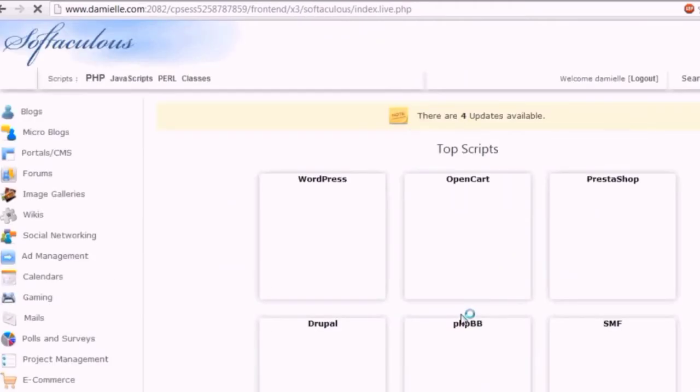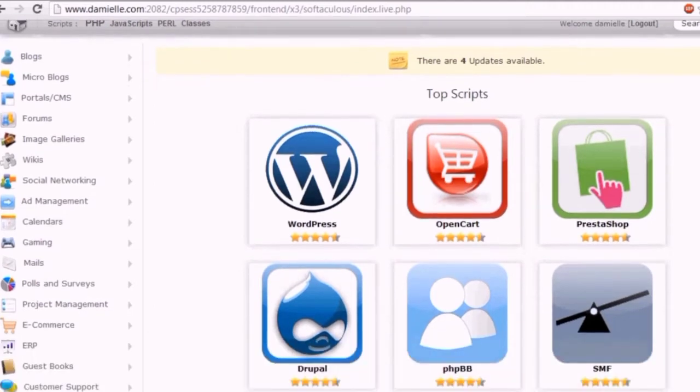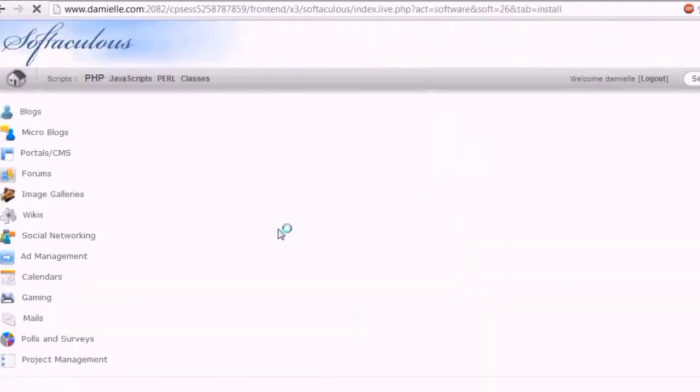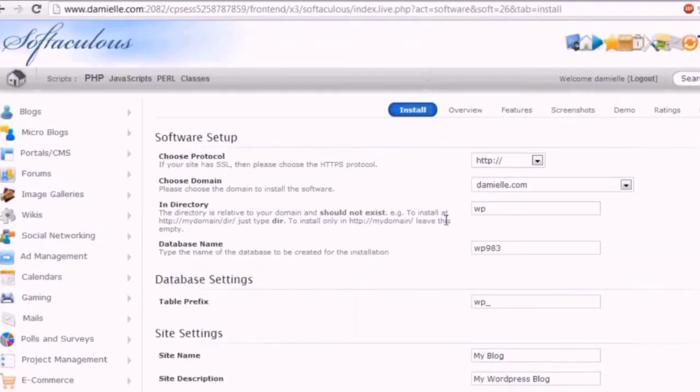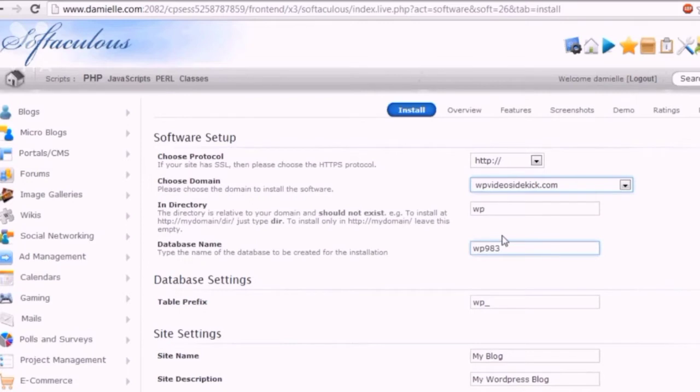hosting account. And what you will see is a list of scripts, software that you can install using this auto installer, and WordPress is the first one. So I'm just going to go ahead and click install, and then you have a couple of options here. The first thing you want to do is choose the location in which you're going to install WordPress. So you go through your domains, and in this case I'm going to install on wpvideopsychic.com, and